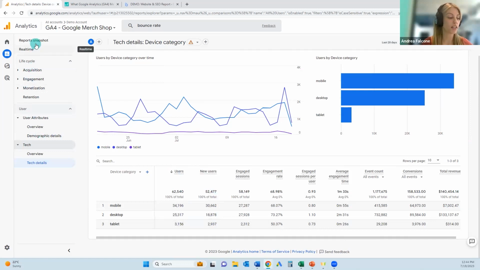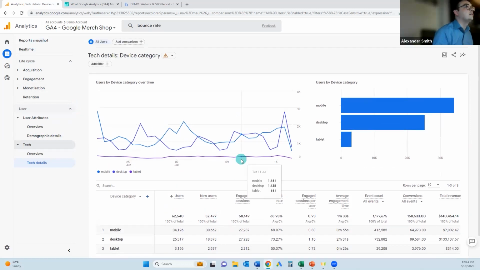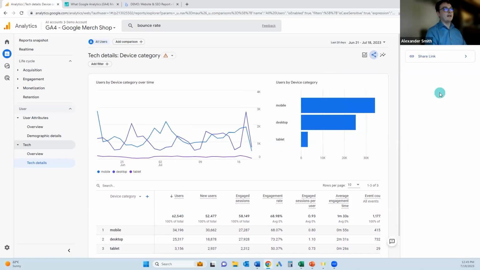Alexander, before we move on, can you just quickly show us how to share or save reports? Yes, to send those to somebody else at the firm? Very good question. So all of these tables have a share button at the top right here. If I click that, and I apologize, the demo is a bad example,